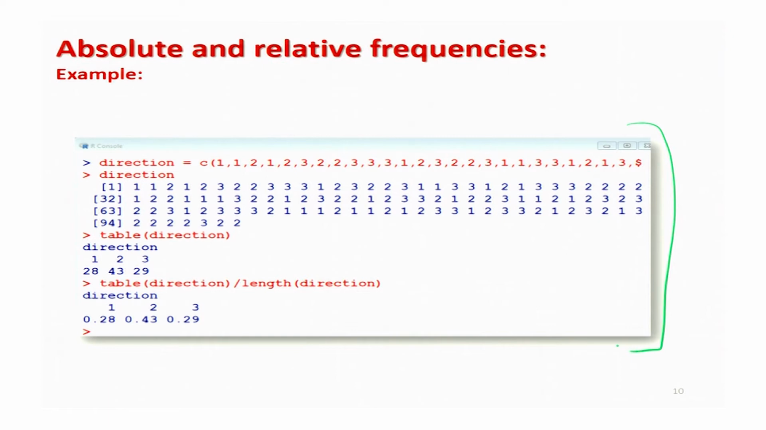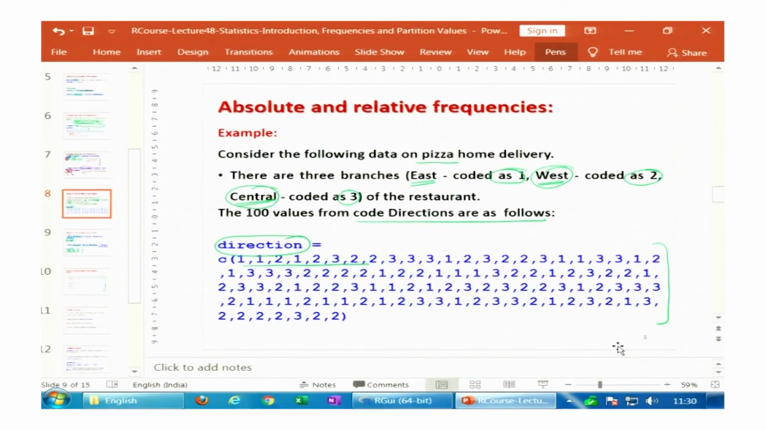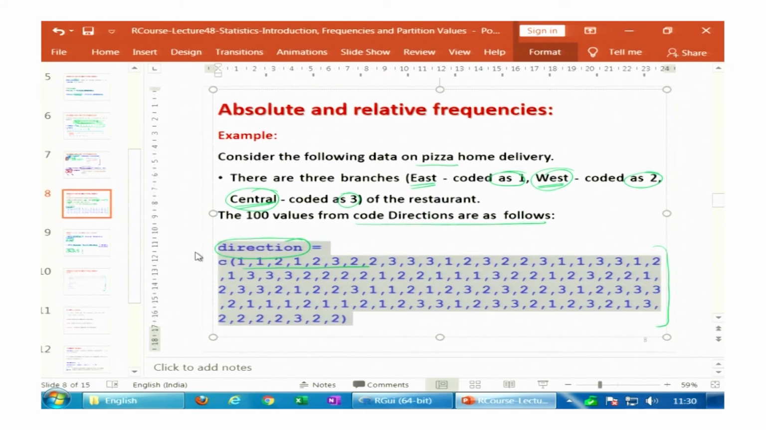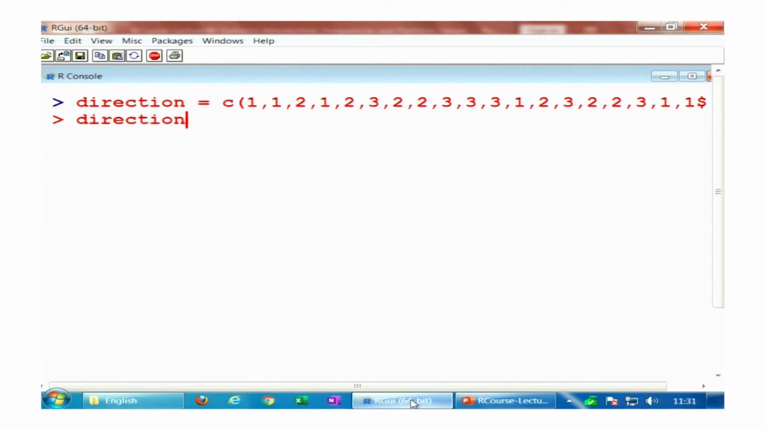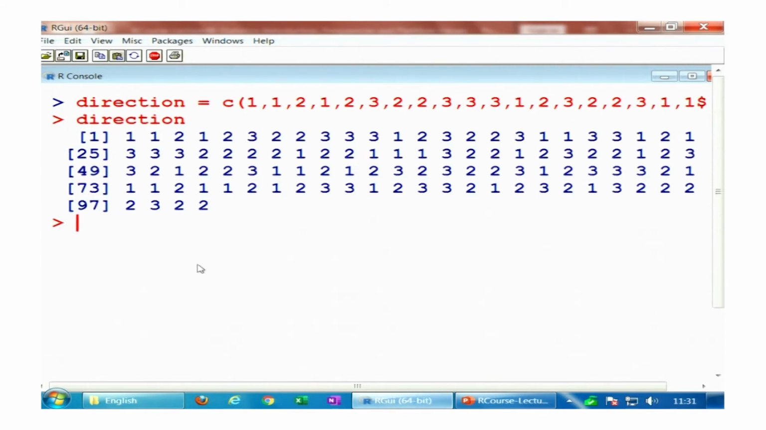So you can see here this is the screenshot of the same outcome. Let me try to show you this operation on the R console. Let me first create the data set here. You can see this data set is like this, direction, and if you try to find out